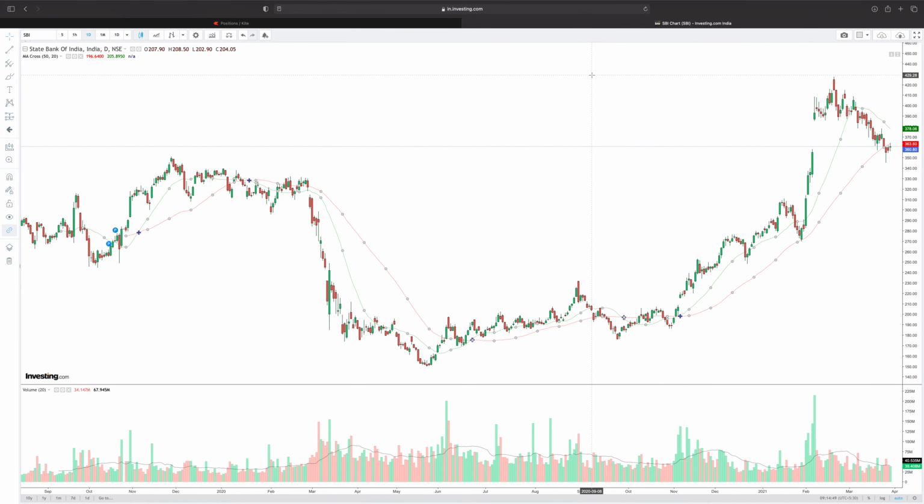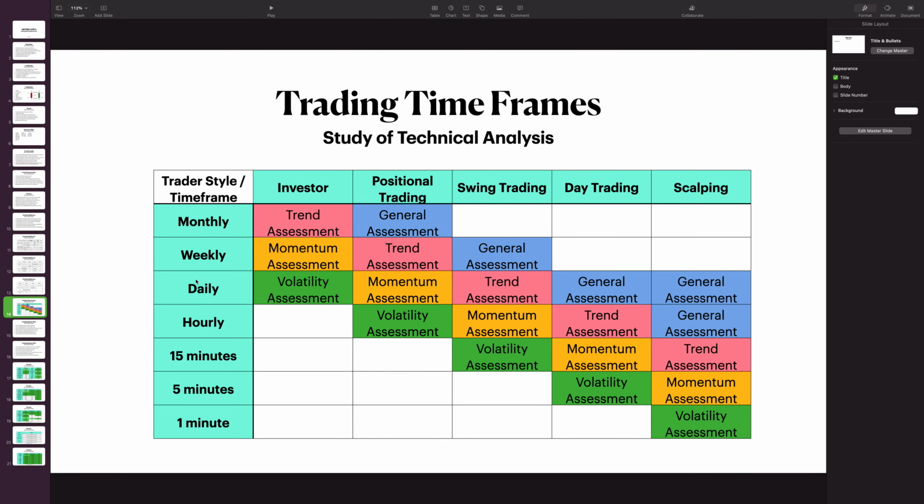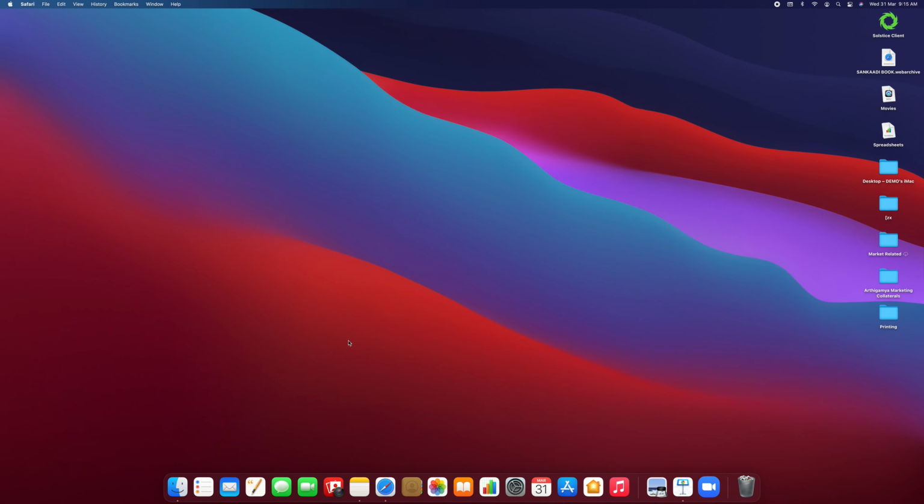We have already discussed in the slide that we are discussing all aspects as a positional trader, because we want to maintain a sense of continuity over the period of time. So we do a weekly trend assessment, and in that we have discussed that we want to use the 200 SMA and ADX. Now we are going to do a momentum-cum-trend assessment on the daily time frame. The daily time frame will show more indicators, but we will take it one step at a time and first look at how the 20/50 SMA plays a part.